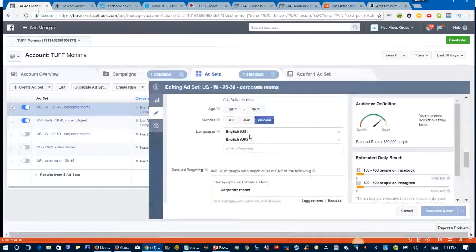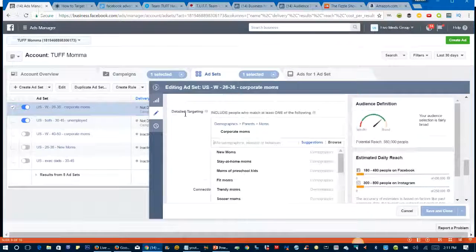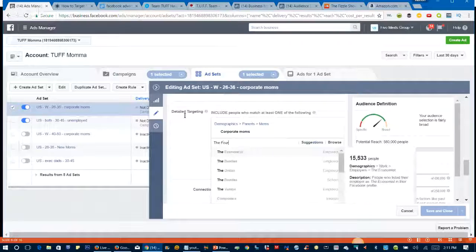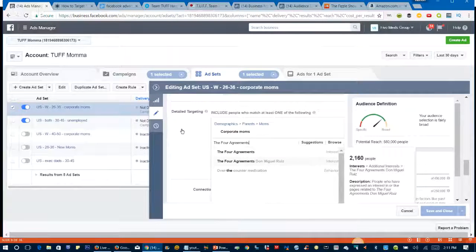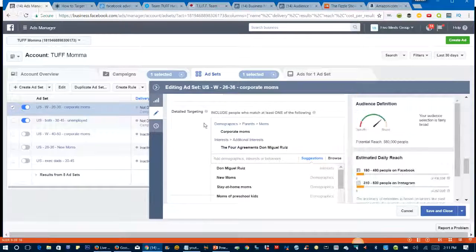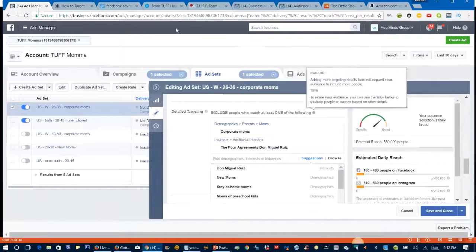And then down here, instead of corporate moms, I would delete that, but I'm not going to right now. I'm going to type in the four agreements and check it out. That's one of the options that's here. So I could literally target people who love the 4 agreements. That would be a really nice group of people that would like that book.